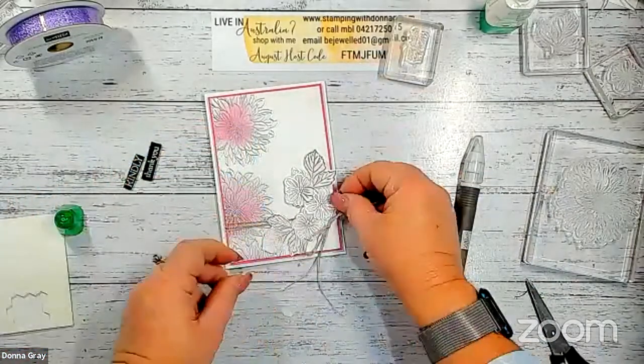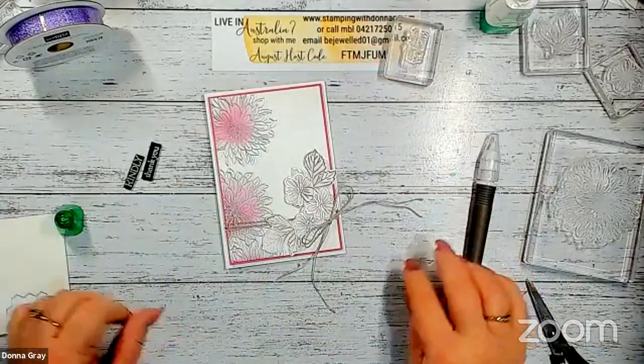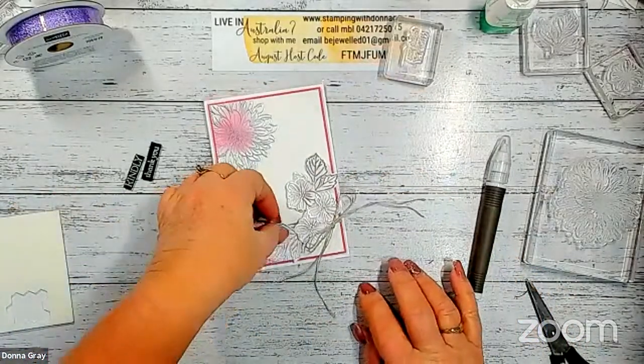Do I want to pop my bow over this side or that side? I feel like I'd like it down there. What do you think? So I'll pop my,